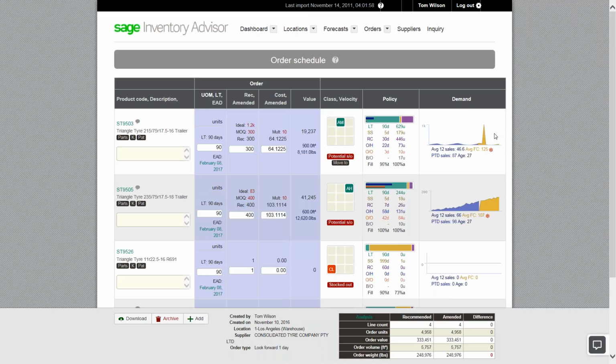And I can continue reviewing each of the items. I can make adjustments along the way. Maybe for this item, I don't want to order 400. I'd rather order 420. I can go in, make an adjustment, tab out, and then any changes I made are summarized down here, and I can continue to review each item, drilling down, drilling around as